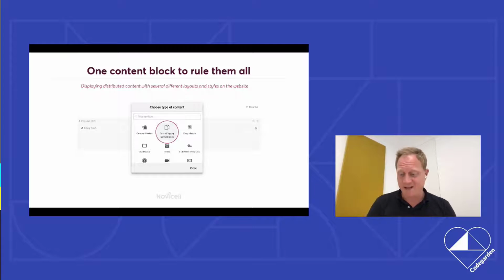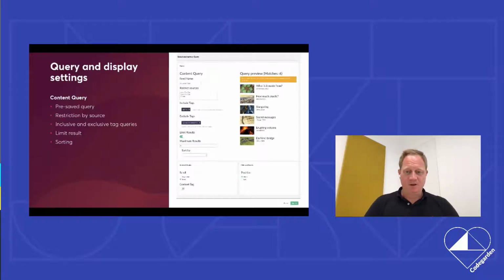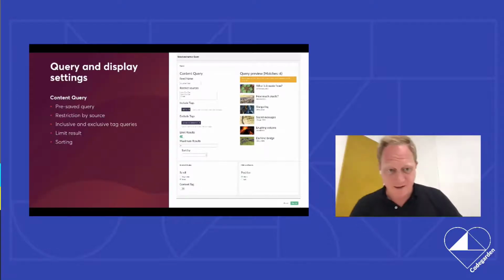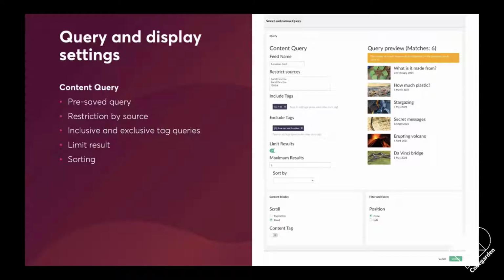This content block can display that aggregated distributed content in several different layout styles on the website. But basically we start by using a grid component, and that means that this can be mixed with other content. So you can still have a complete narrative and complete topic going on, starting with a hero banner with a nice statement and then an article, for instance, and then a list of these related content elements scattered all over the different websites. So there's a grid editor for this grid component of this content block that enables the editor